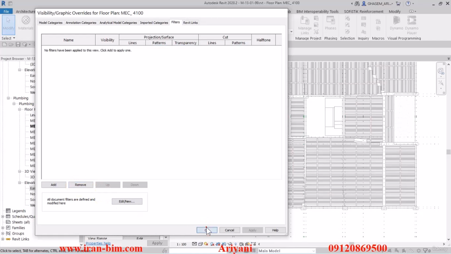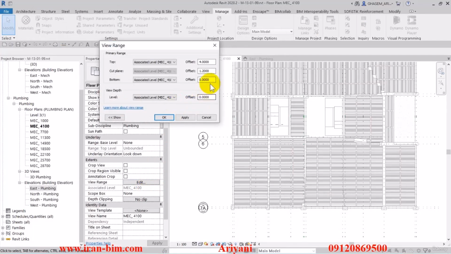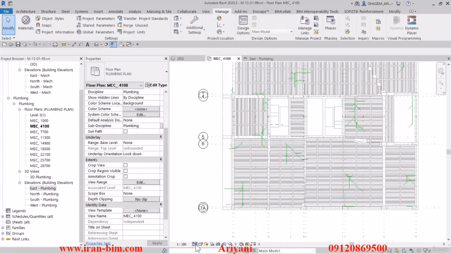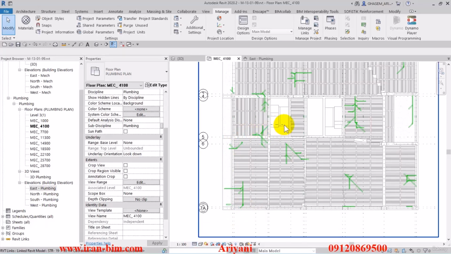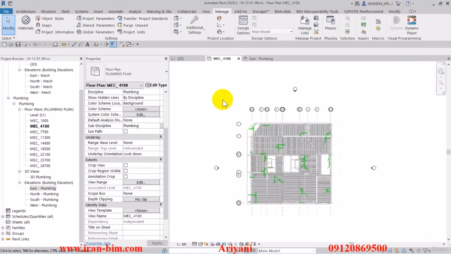Now I'll go over to the filters tab and delete the hydronic that we have so that there won't be any issues here. And then I'll go over to the view range, then put the offset for the bottom on -0.7 and the offset for the level on the same as well. And then apply and then put this on fine. So this is an excellent method of checking out the critical points that you have and see them in a